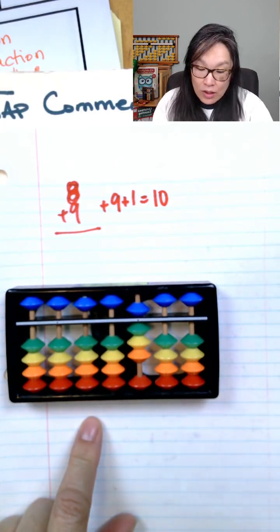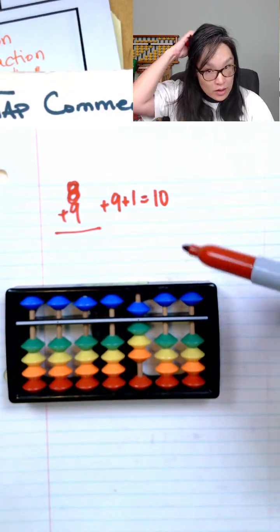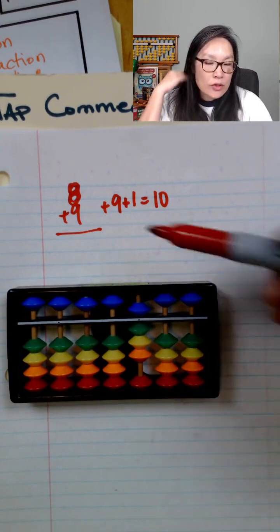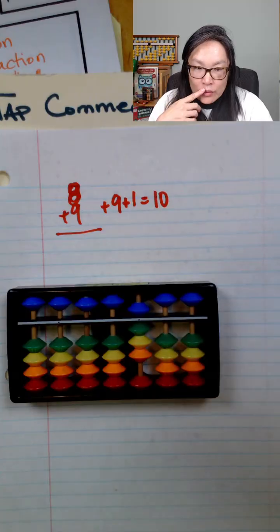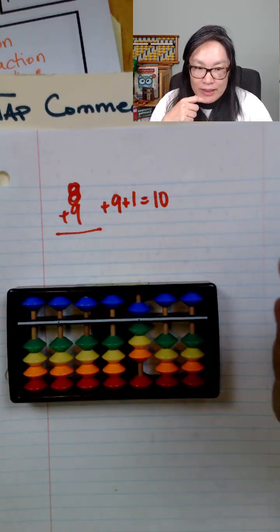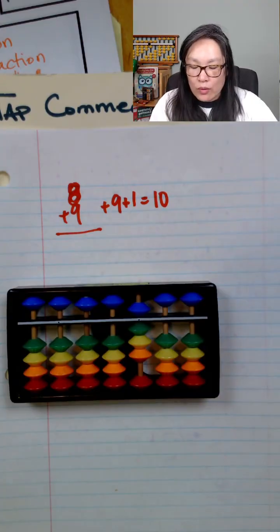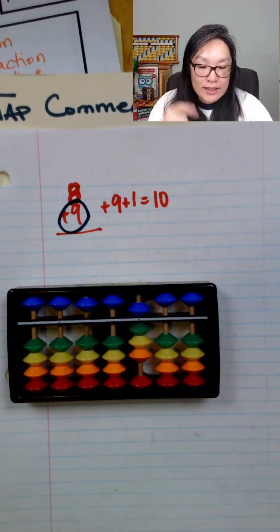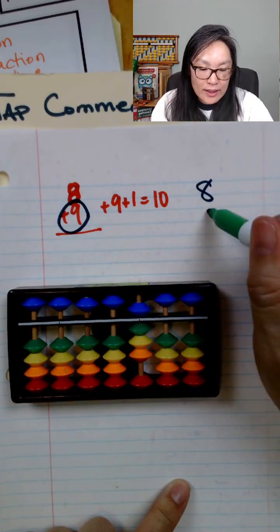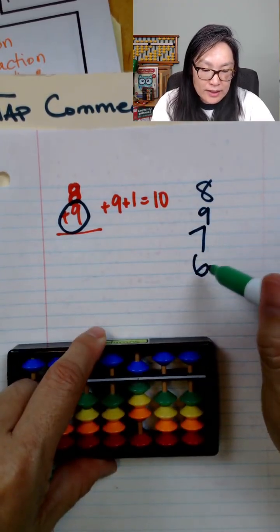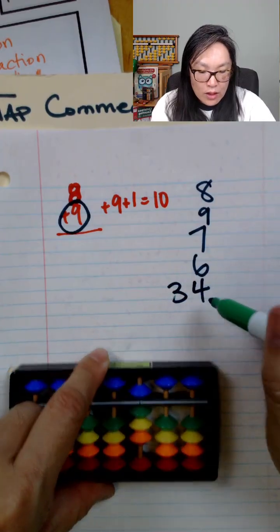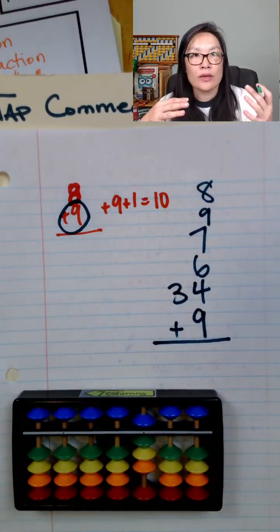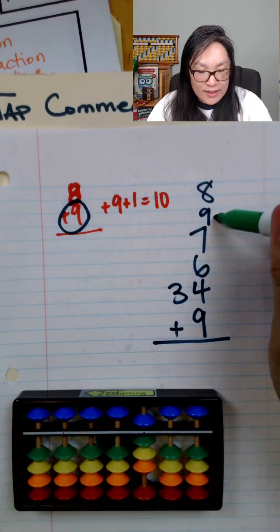Plus the 7 minus the 10. No, actually, because we're doing the 9, we need to know what the partner of 9 is. So the partner of 9 is what? See, that's the result, 7 plus 10. We don't want to focus on the result. We want to focus on the process, and the process is this number. Because when we start getting more numbers, like 9, 8, 7, I'm sorry, 6, and then let's say 34, plus the 9, with this you can't talk about the result. You would talk about the process at each level,